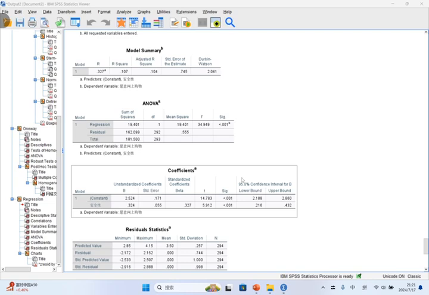The unstandardized coefficient of the independent variable safety is 0.324, and the corresponding t value is 5.912, and the significance value is far less than 0.05, indicating that the safety variable can enter the regression equation. Okay, and then the